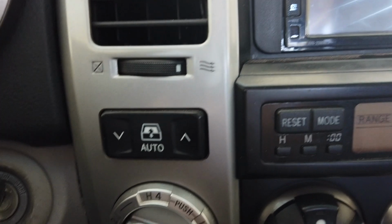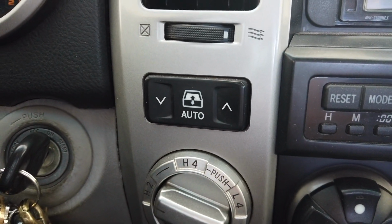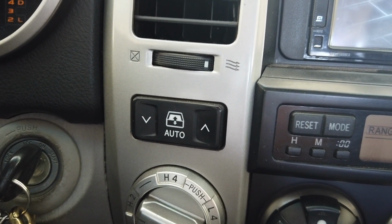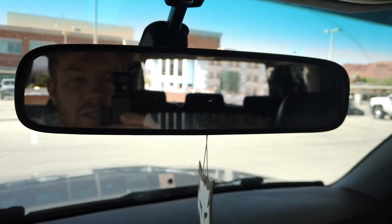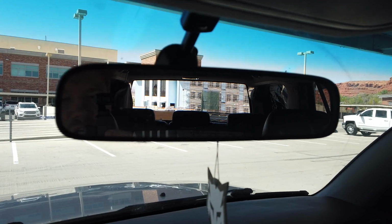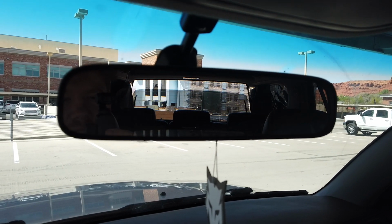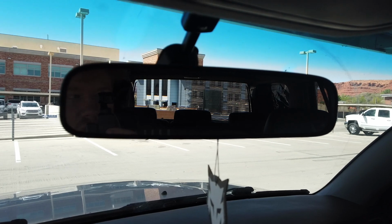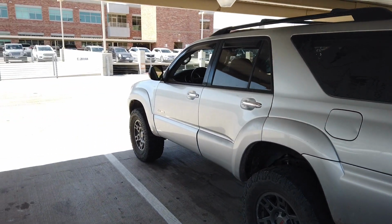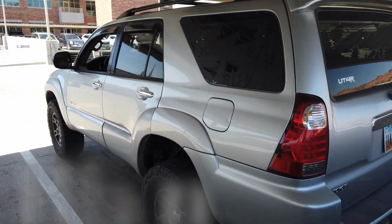I know they come on the 4Runners, as well as the Tundras and Sequoias have it as well. But it really is just such a nice feature that's kind of a Toyota staple on a lot of their bigger trucks and SUVs. So the next thing that I really love about my 4Runner is the reliability and the